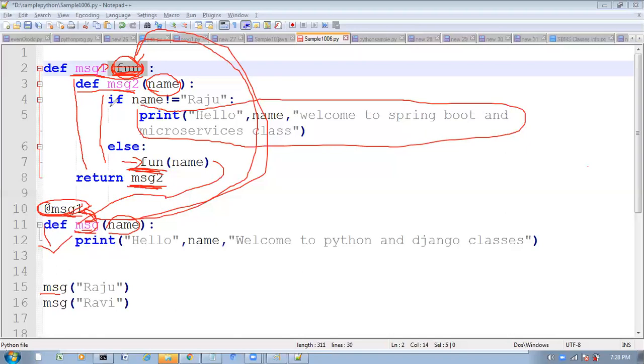Inside this, I am just checking the condition. If name not equal to Raju, then execute this print statement. When will control go to the else part? If name equal to Raju, then control will go to the else part. Inside the else part, I am again calling the same function. Whatever function you are passing as the argument, the same function I am calling inside the else part. Whenever control comes to the else part, what is there? Input function only is there. Now immediately control will go to that input function. What is the input function? Message is the input function and it will execute this print function. This is the print statement. Clear?